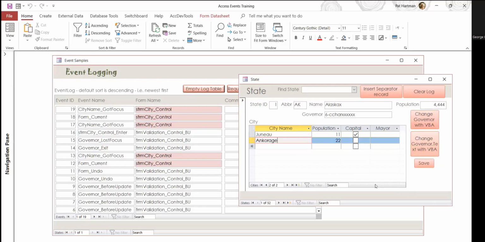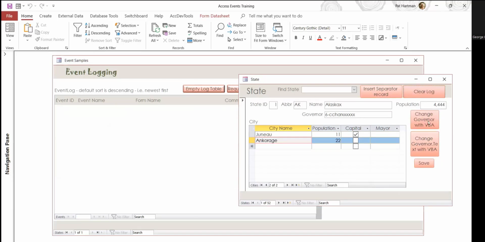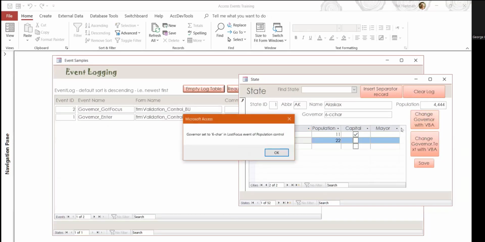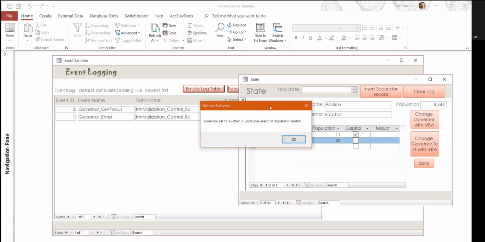Yeah. Click the top one and see if that, the change governor with VA. Okay, so yeah, that's the one we're talking about, I think. I think you're right. I think that's it. It's the LostFocus event of population control that it's announcing itself as. We didn't have focus, so why did it say that? Oh wait a minute. Okay. All right. So let me